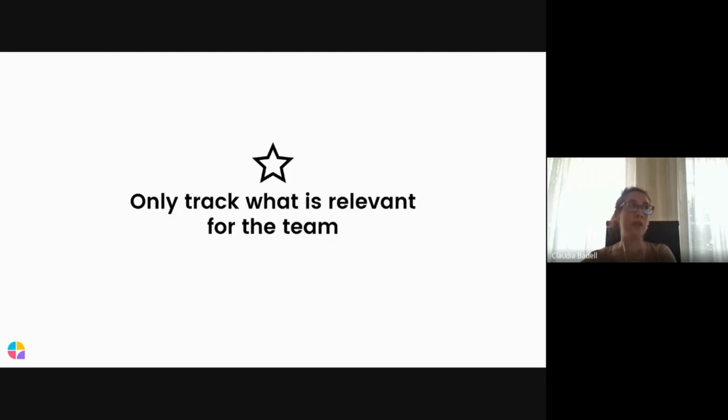Something that, from my experience, is also very important is to only track what is relevant for the team. For example, in the different teams that I have been part of, we don't track the data set or the different paths that we explored during the test execution in the mind map, because it was not relevant information in our context. Because what was relevant in our context through the different teams is to use the mind map as an input with the test conditions as ideas and variables to cover the feature from the testing perspective.